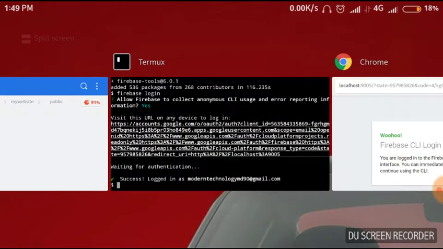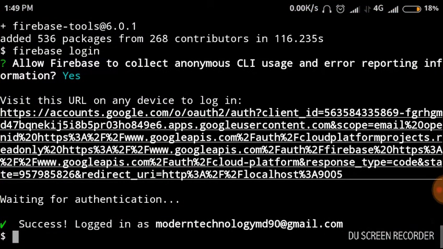Okay, command Termux setup-storage. Termux, sorry,